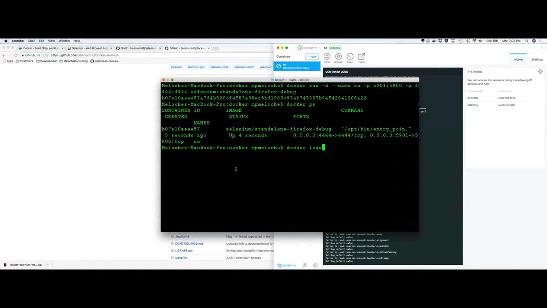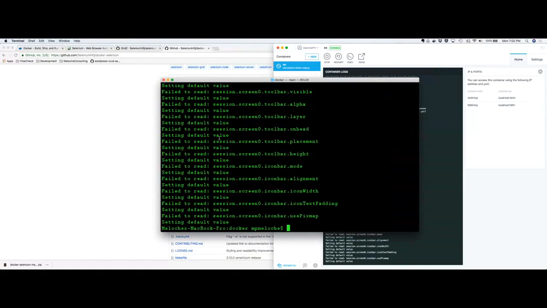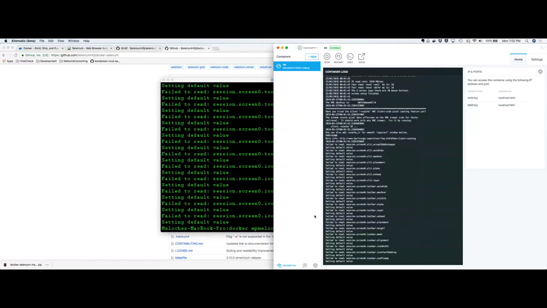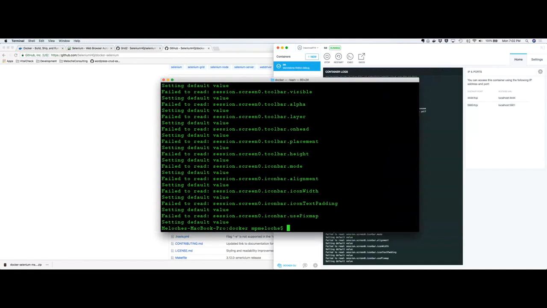We can do docker logs SE. And as you can see, those are the same logs that are here. Okay, next thing we want to do is,